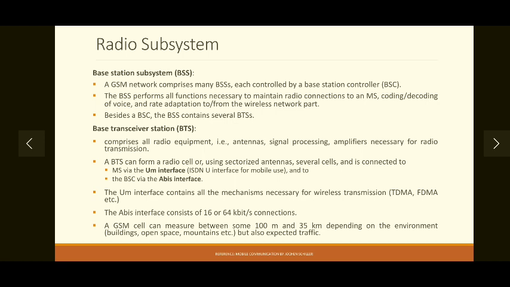So the area that can be covered by a single base transceiver station can be from 100 meters, which is followed in some cities or largely populated cities, and up to 35 kilometers, that is usually found in village areas or countryside areas. But these numbers can vary depending on population density or environment also, that is buildings, open space, mountains, etc. So in short, the base transceiver station is responsible for forming a hexagonal cell which is required for wireless communication or mobile communication from the user end.